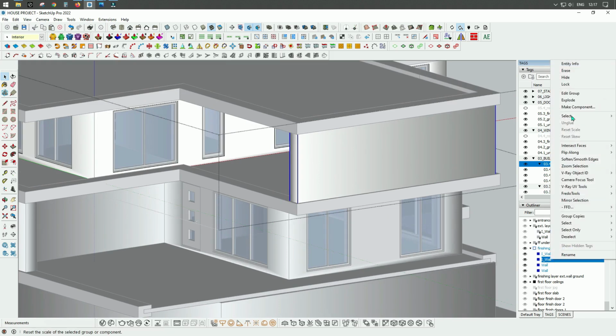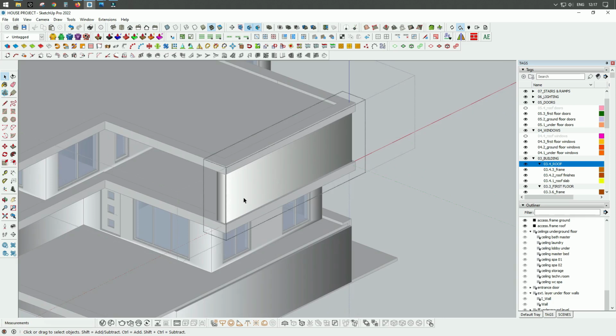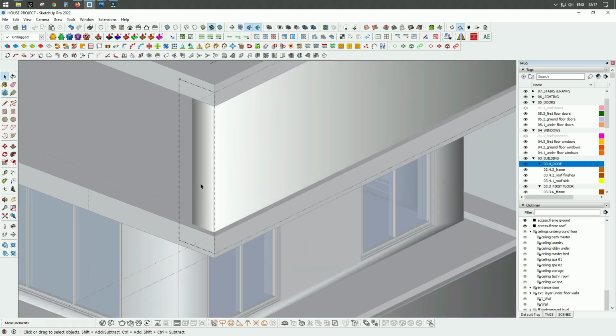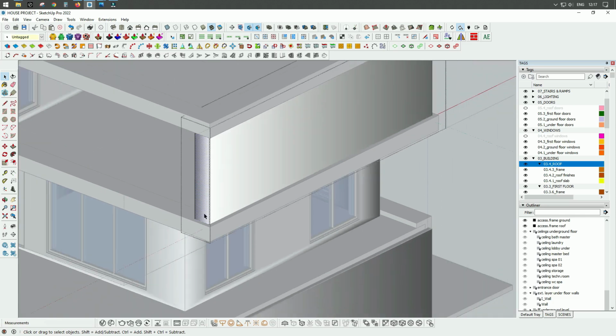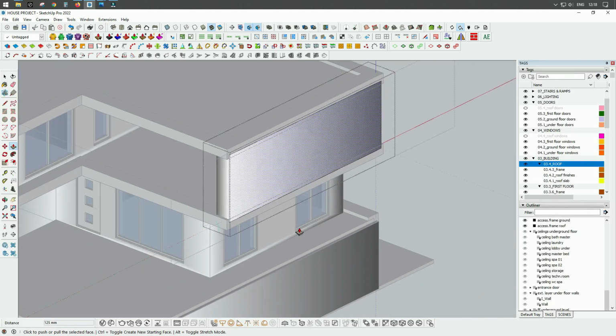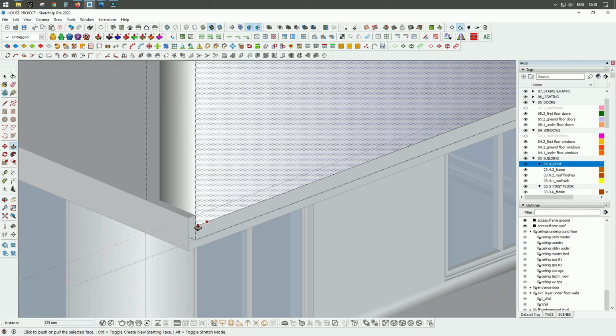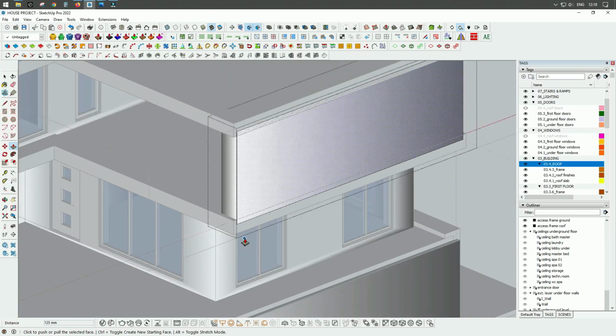So I can go into the group, edit group, and by using push-pull I can adjust these faces to match to our frame. So I will pick this face and drag into here, and as you can see here we have some issues, and in order to